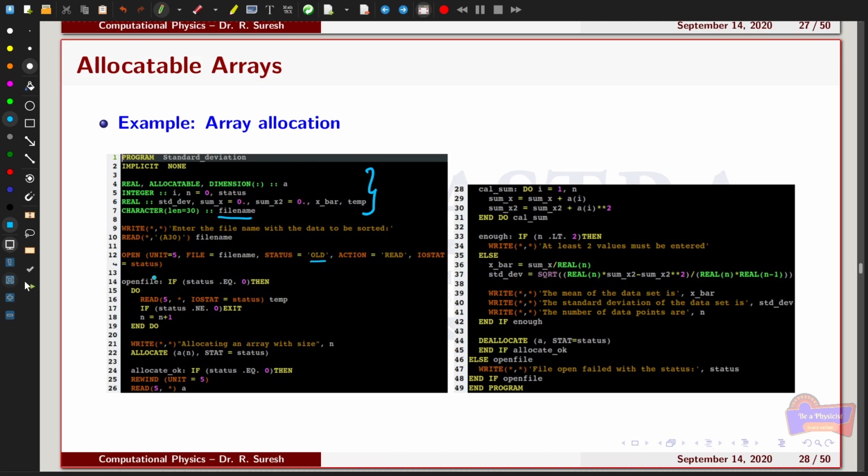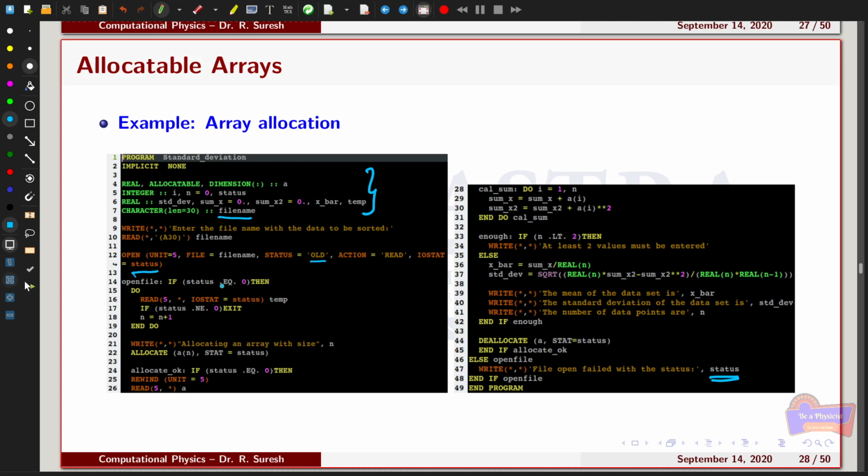The status will be 0 if the opening is successful, otherwise it will give you a positive integer. So I am going to check whether this file is correctly opened or not. If the status is equal to 0, then it will do the operation. Otherwise it comes out of the loop and shows the error that the file open failed with the status value, which will most probably be a positive integer greater than 0.